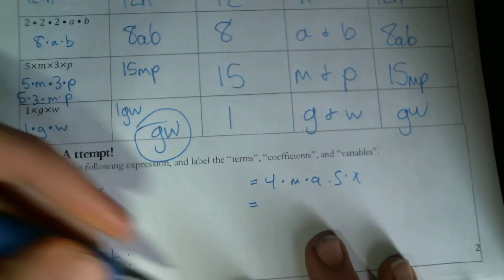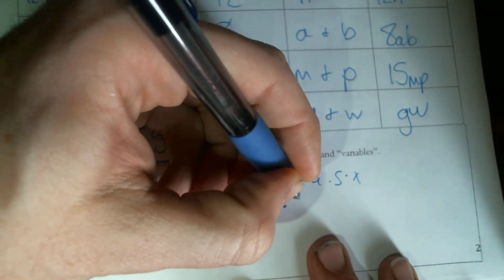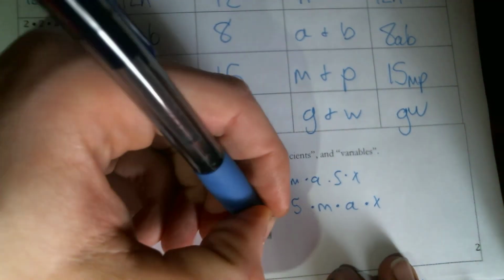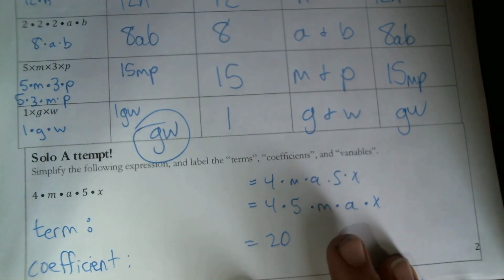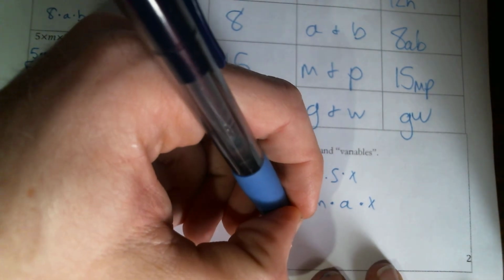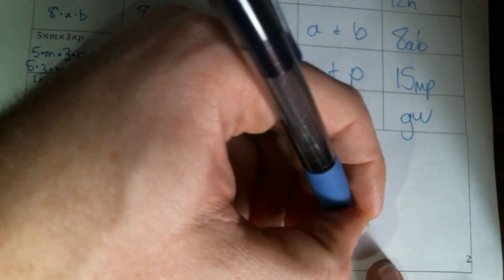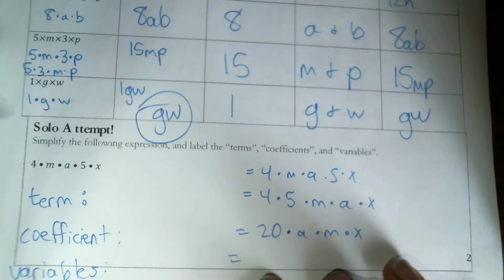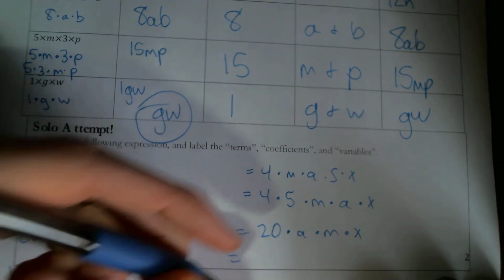Okay, I'm going to go into this. I'm going to rearrange things. I can multiply in whatever order I want. We talked about that earlier in the unit. So I'm going to say, well, 4 times 5 is 20. But then I just like to have my letters in alphabetical order. So I'm actually going to say times A times M times X. So I can say this whole thing simplified all the way down is just